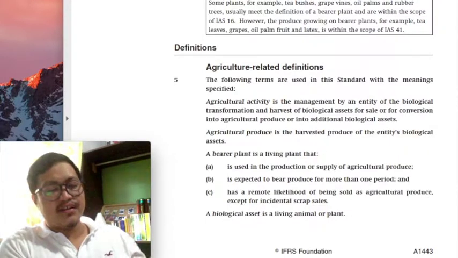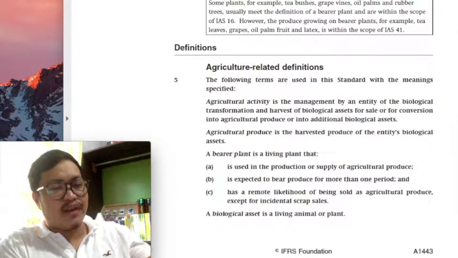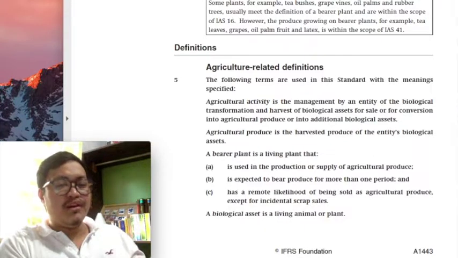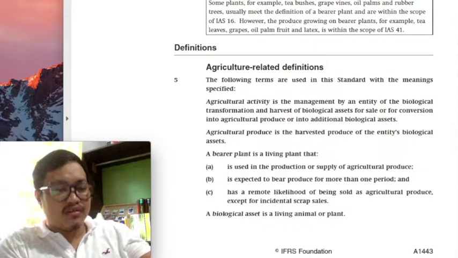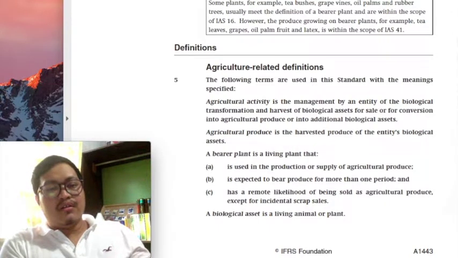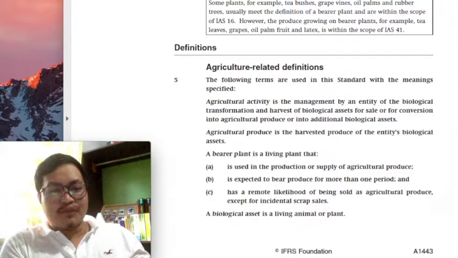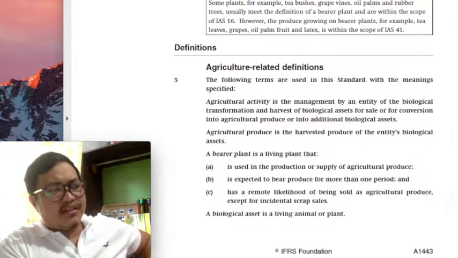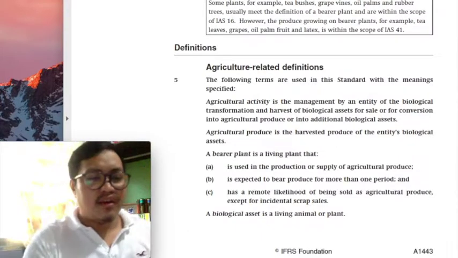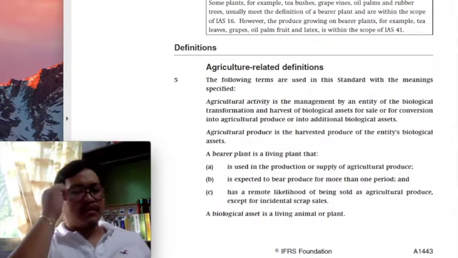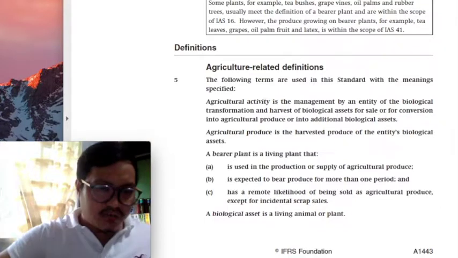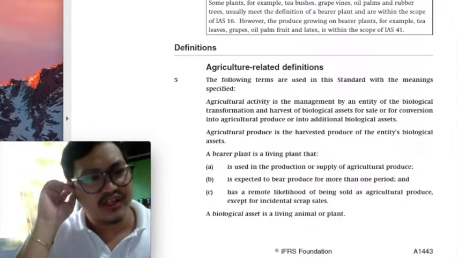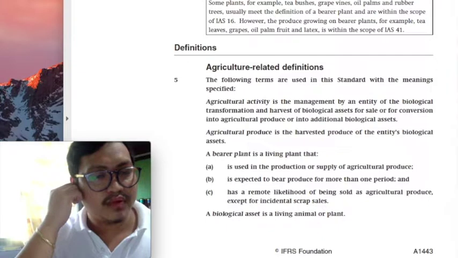So it's possible, class, that the services that your business provides to your customers involve the mere use of animals without regard to the biological transformation of your animals. Example, zoo, class. This is almost always the question that will be given. How do you classify zoo animals, class? Especially when given a choice of biological assets, many students would jump to the answer that it is a biological asset because it is an animal.